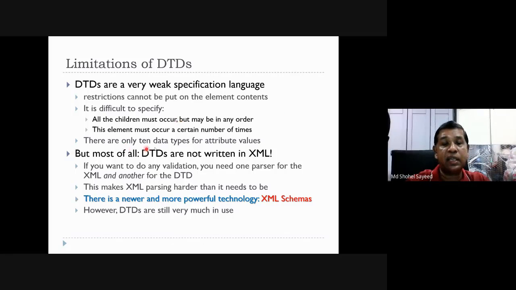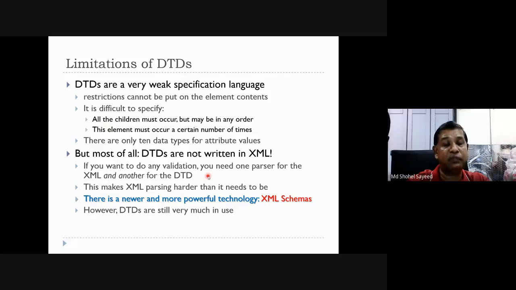There are only 10 data types for attribute values. In the DTD only 10 types of attribute values are there. But most DTDs are not written in XML. If you want to do any validation, you need one parser for the XML and another for the DTD.